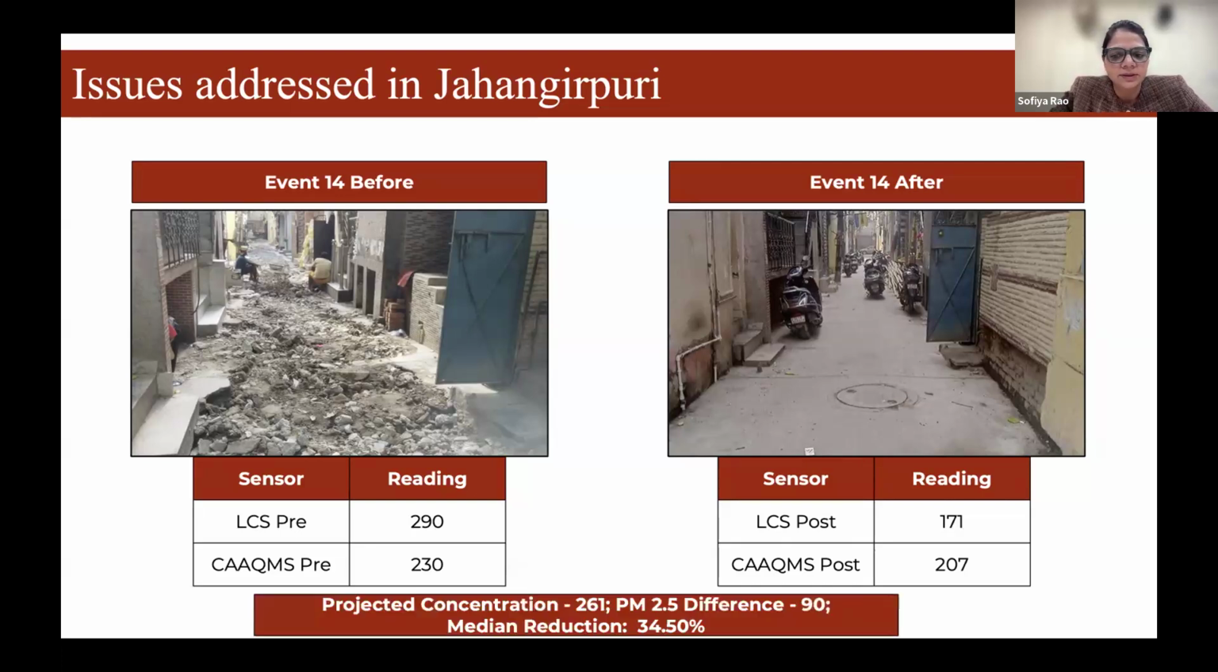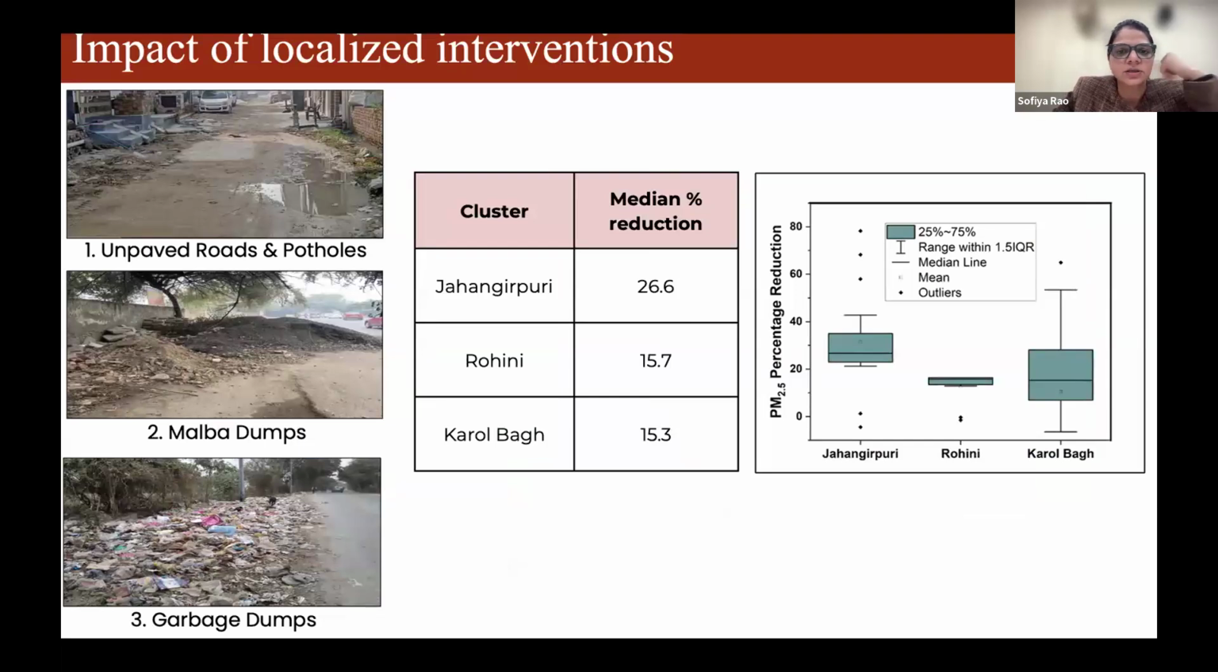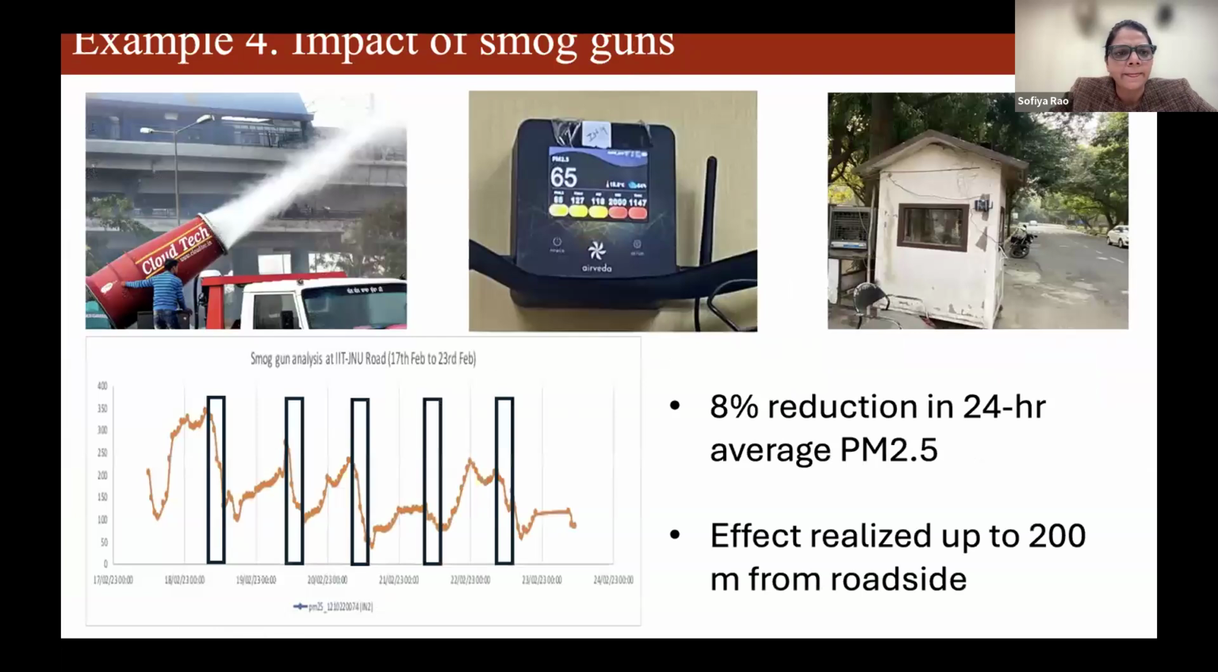The overall reduction in the same study: in Jahangirpuri we noticed a 26.6 reduction, Rohini 15.7, and Karol Bagh 15.3. This is another example, of the anti-smog gun that we performed here at IIT Delhi, at Aurobindo Marg. So what we did, we set